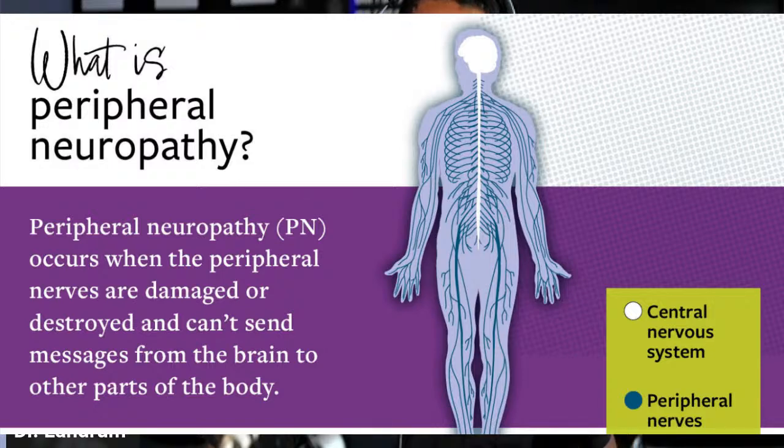So in this picture, you can see in white the central nervous system, the brain and the spinal cord that's in place. And then in blue, you can see the actual nerves that come out and come down. So when we take a look, we can really delineate that there's a clear difference between the different parts of the nervous system.